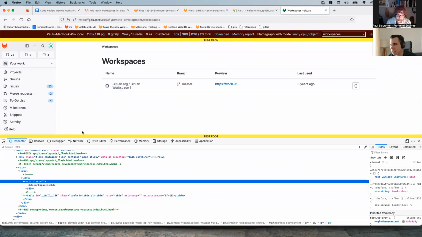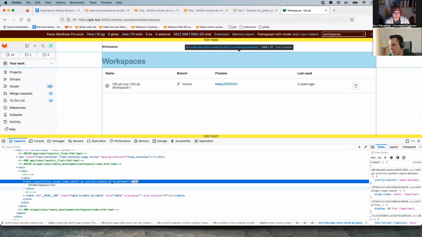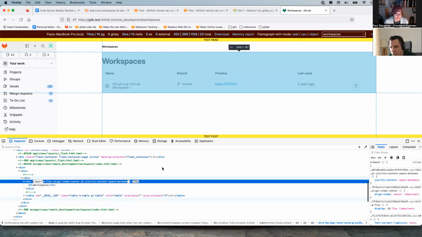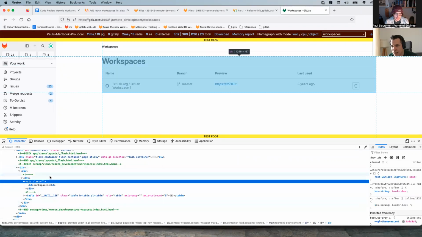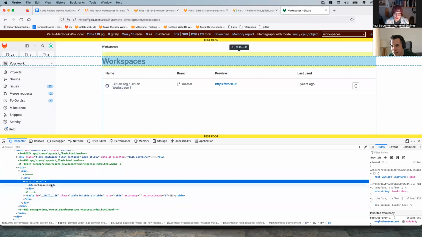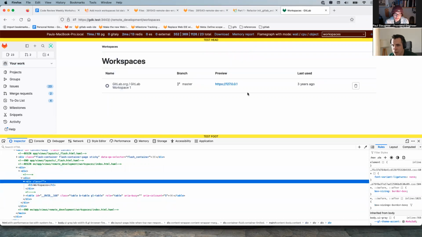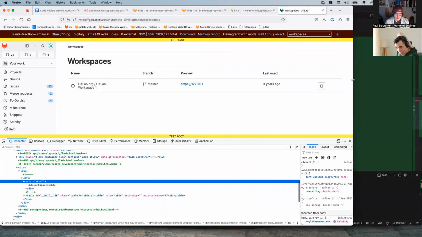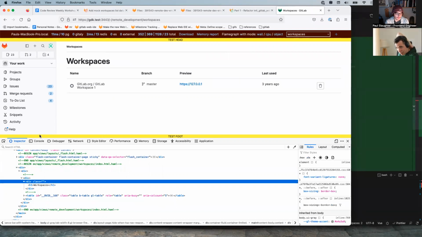So this is where the d-flex was in the app. Now I'm thinking we don't even need this. It doesn't change anything. Oh, and then there's a table. Okay, now I get it. This is not great anyhow, but these classes are not going to change it.